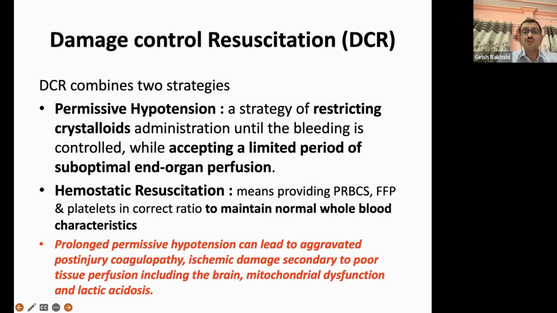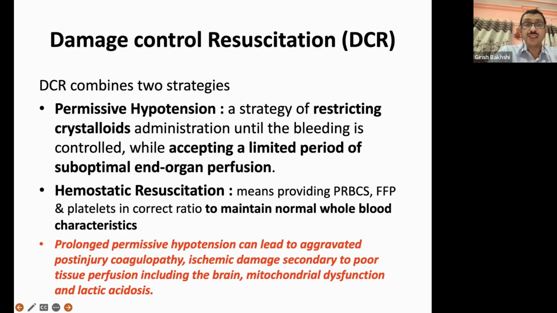So that the perfusion of the vital organs is also maintained. At the same time, if there is a bleeding vessel, there should not be more bleeding from that. However, a word of caution over here to be told that in cases of patients who have brain injury or